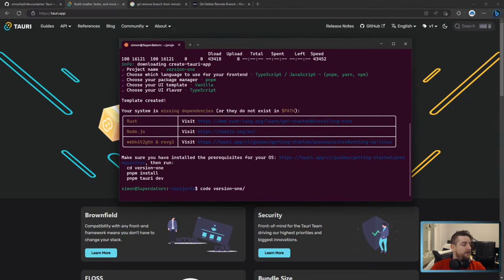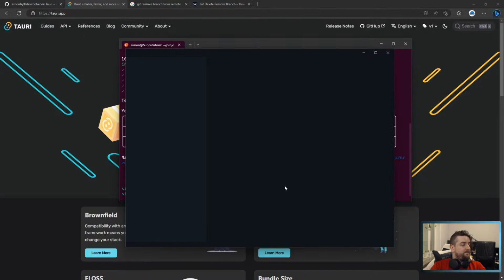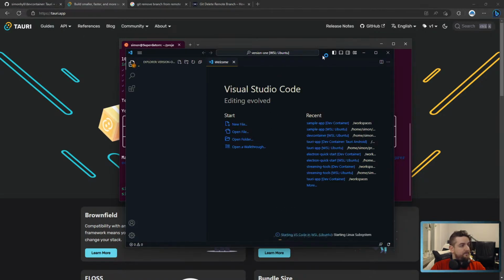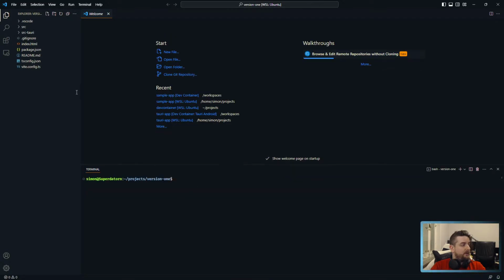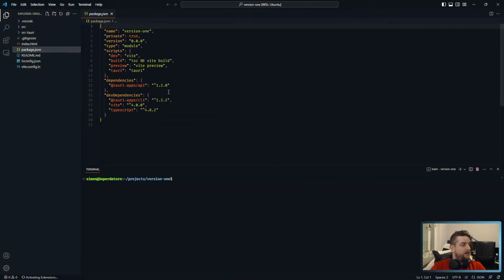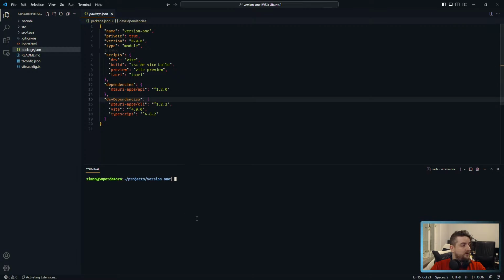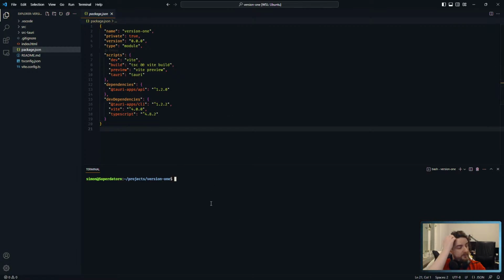Here we have a version 1 project for Tauri. Now we run git submodule add